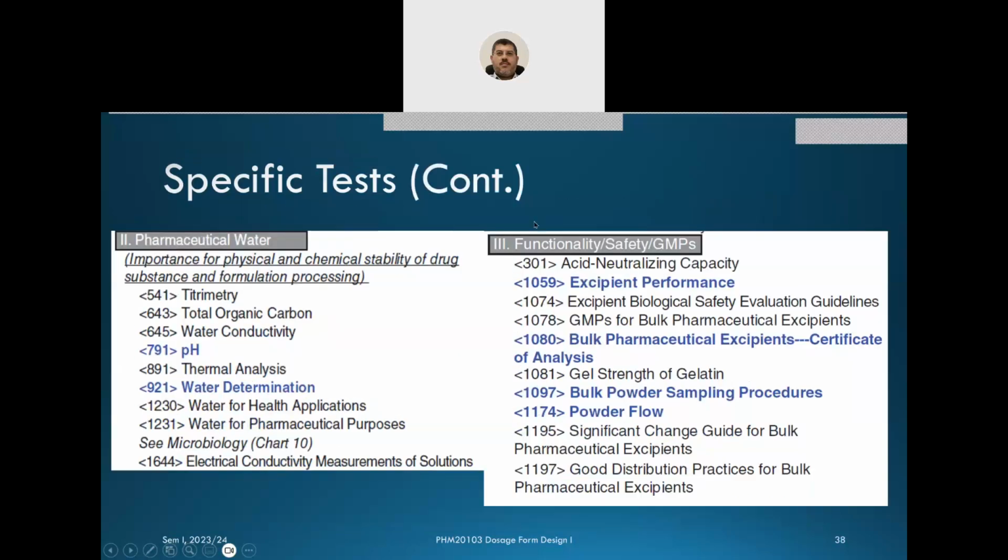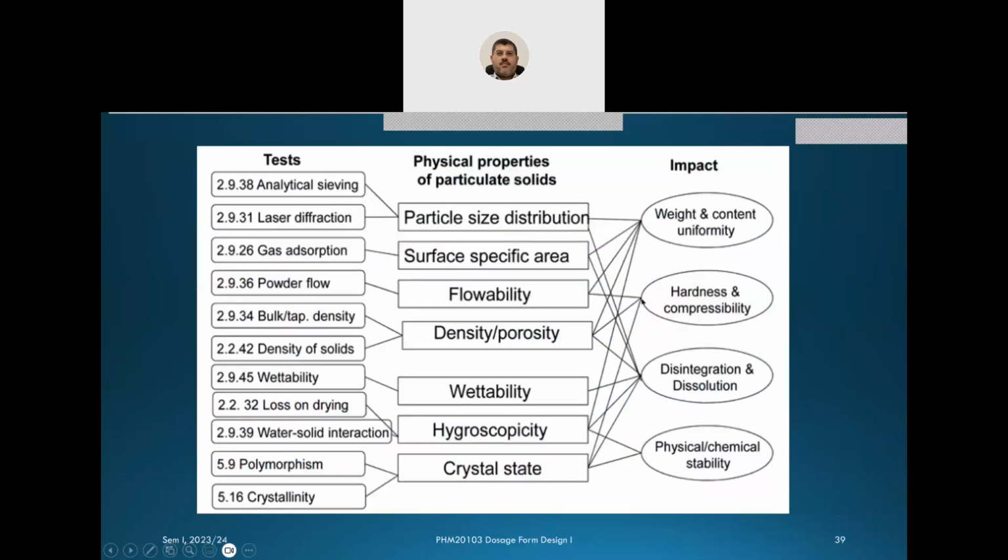There are some specific tests for pharmaceutical water, where you determine the characteristics of this water, for example. Some tests for functionality and safety issues. Why do we do them? Because they affect the product performance at the end. For example,